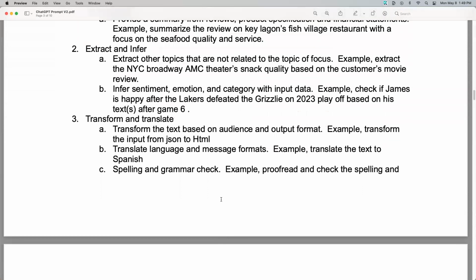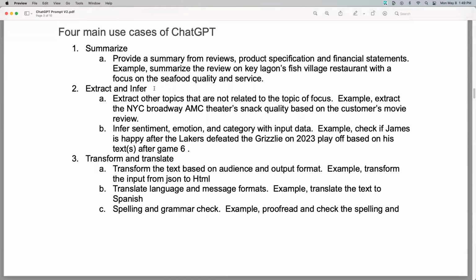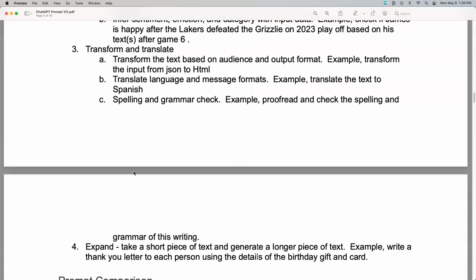So these are the four major use cases in ChatGPT: summarize, extract and infer, transform and translate, and lastly,